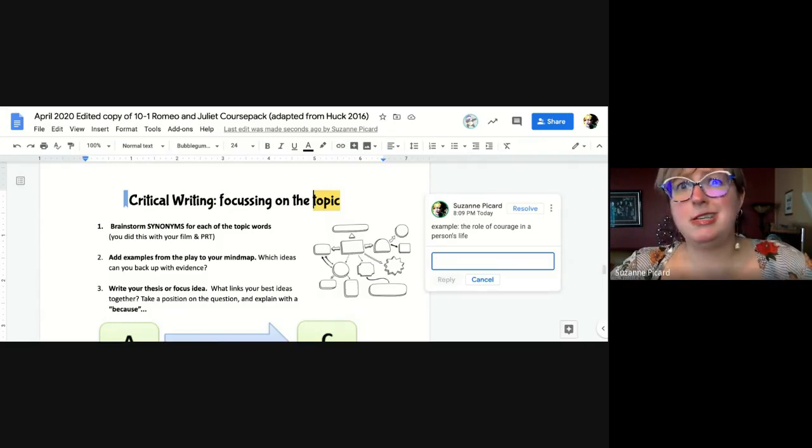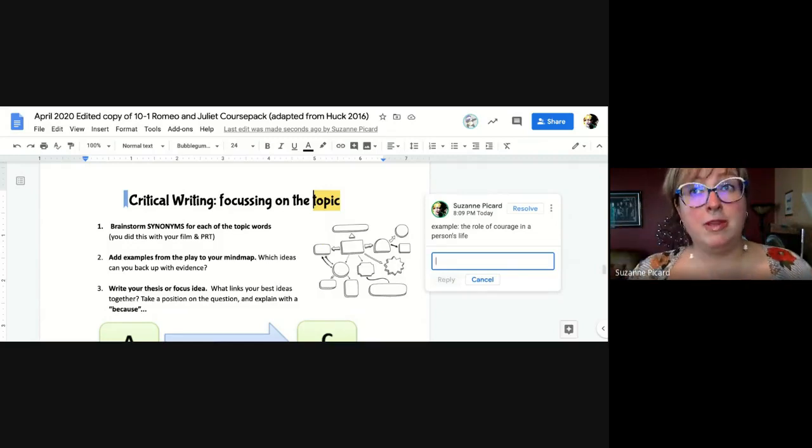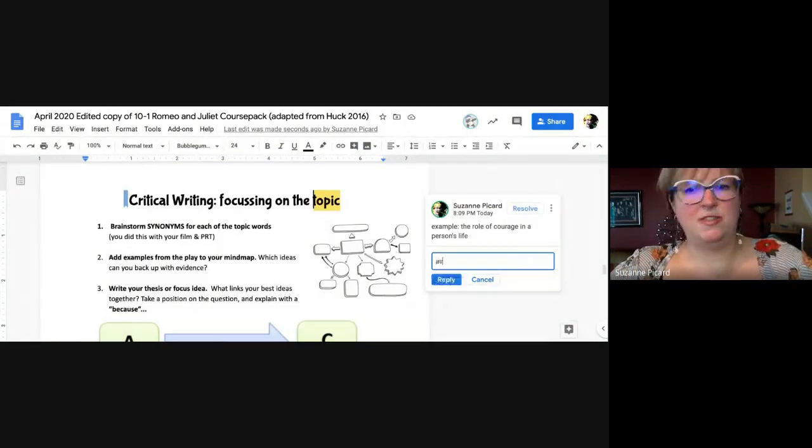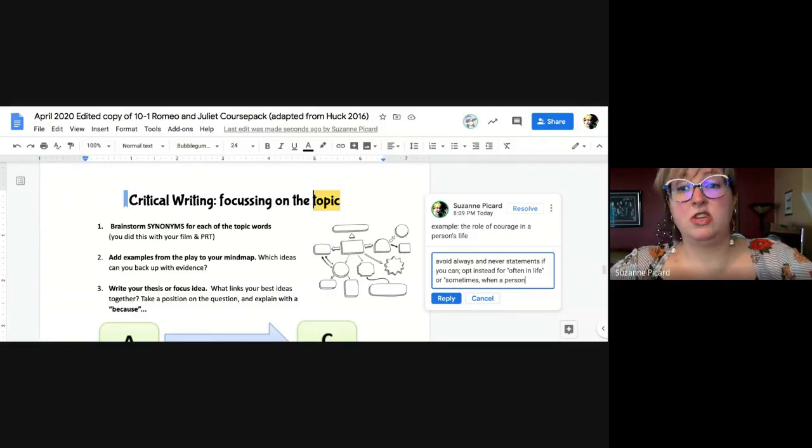In science, it only takes one black swan to disprove the theory that all swans are white, right? And so that idea of having a theory or an argument that's universal in its absolute argument, like always or never, I actually tell students to avoid always and never. I'm going to write that down as a piece of advice. Avoid always and never statements if you can. Opt instead for often in life or sometimes when a person,